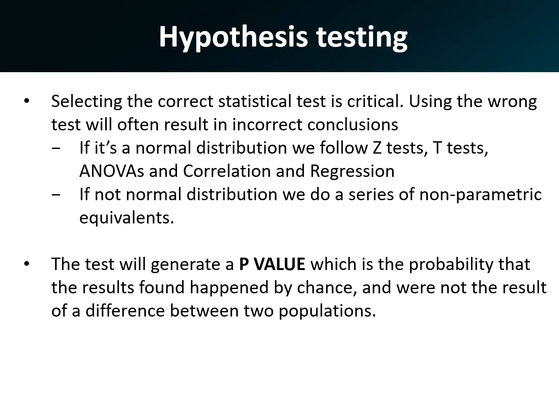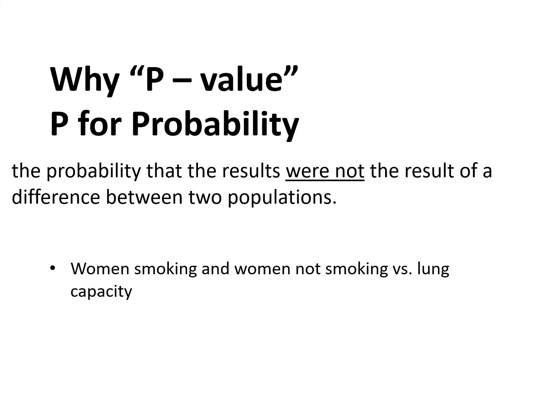So what is a p-value? P stands for probability, and it's the probability that the results found happen by chance. Okay, the probability that there is not actually a difference in the means between the populations. So why p? P stands for probability, so you might get a p equals 0.6, something like that. So that would equate to 60%. Probability is 60%. But what we're testing is the H sub 0, or that null hypothesis, that the results